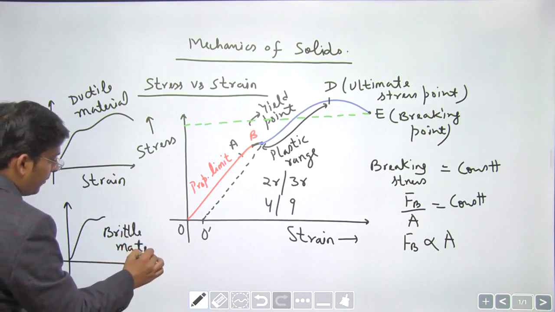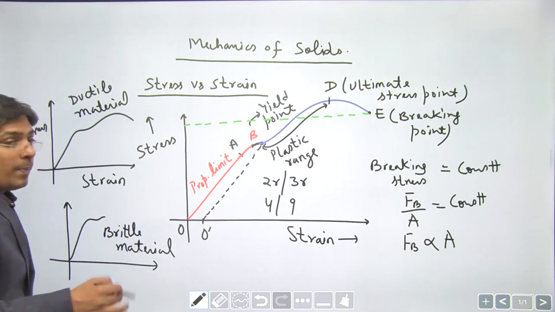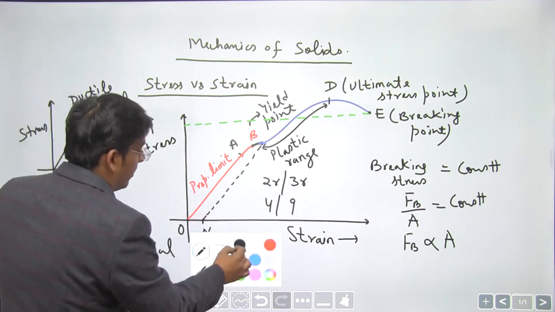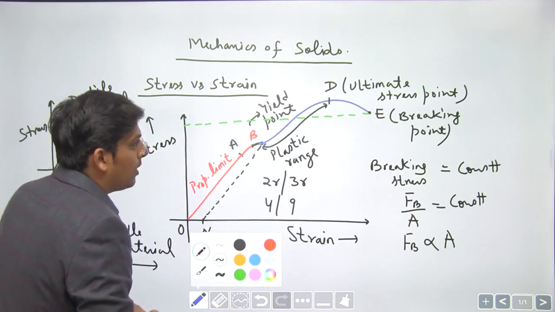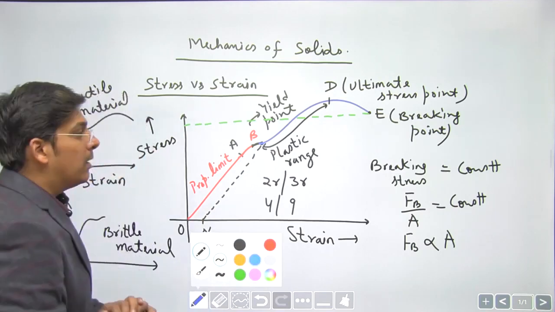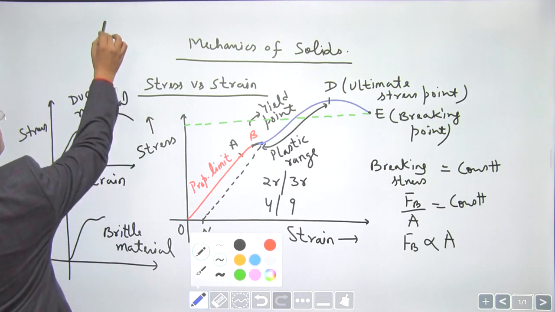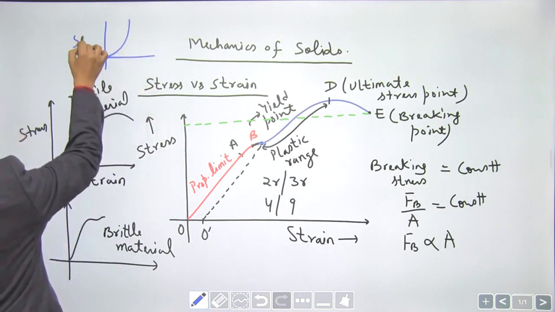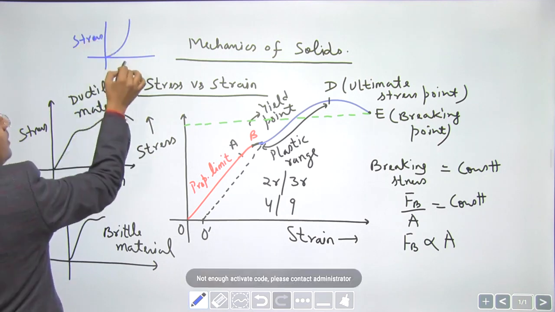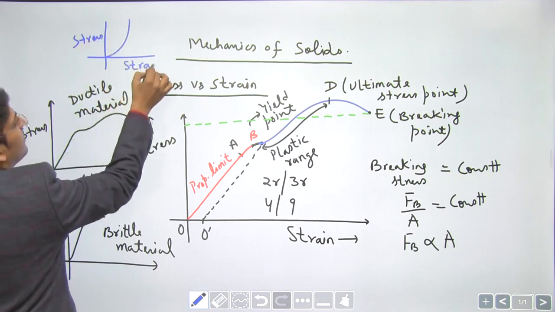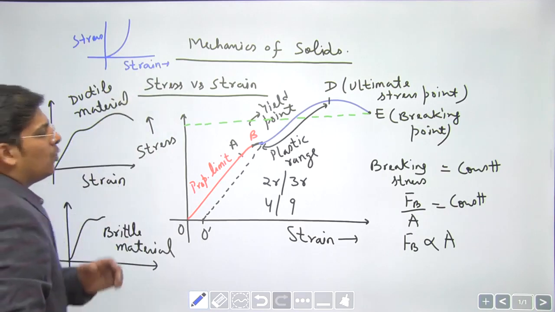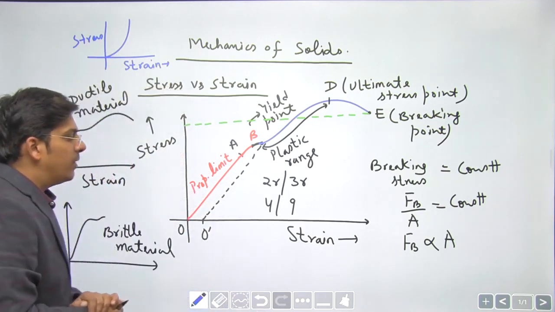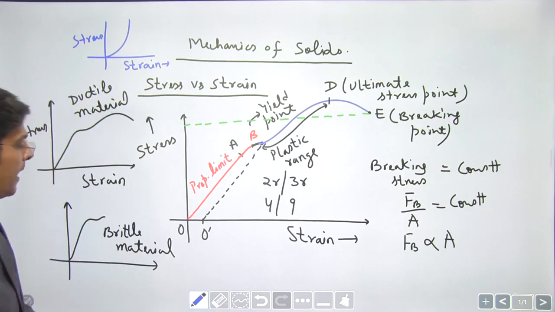And we even have some materials which never obey Hooke's law, and their stress strain curve is always non-linear. Those materials are called elastomers. An example is rubber or PVC. So this is an example of an elastomer. Their graph is always non-linear, right? This is the graph for elastomers whose stress strain curve is non-linear, right, dear students? Okay, can you note down?